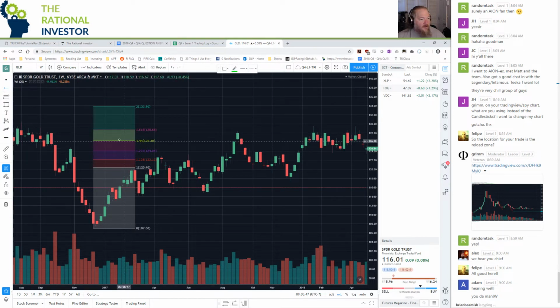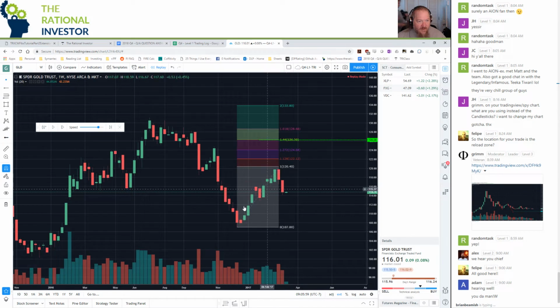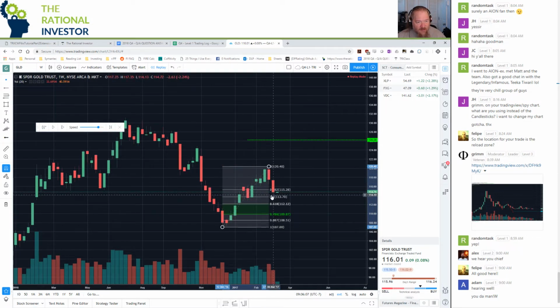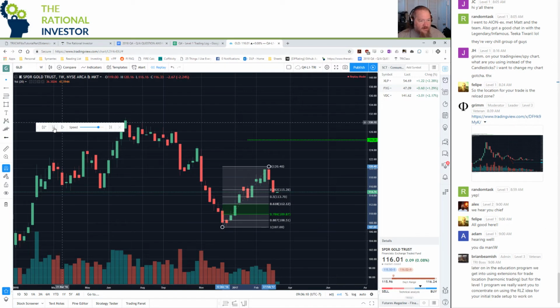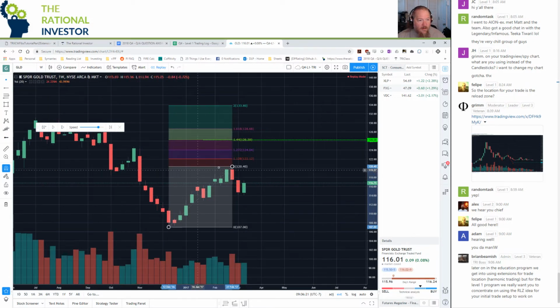Like if you look here, I just kind of winged this off of this range here. I was thinking back to, if you were looking at this and we saw this action here, I might do an extension off that. First, I would see this in the retracement. I'd see we came down below 38.2, and then we're starting to reject off of it. And then I would probably look at this as an extension and say, okay, how much further do we think we're going to go? And that's where I go, oh, well, probably we're going to end up here. But you'll notice